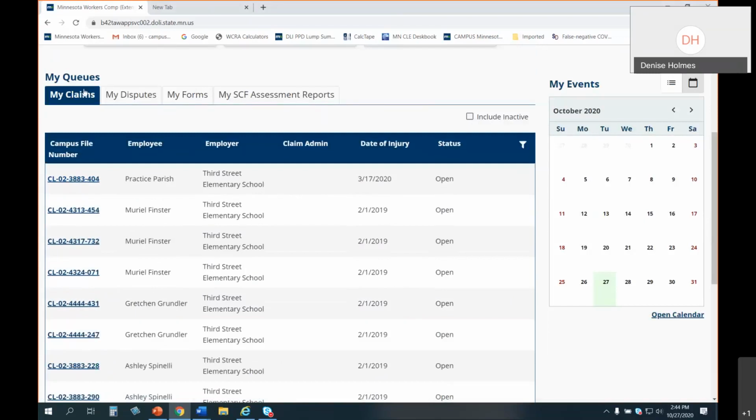In this My Queues section, you'll see the My Claims tab. And that tells you the Campus file number, the employee's name, the employer, the date of injury, and the current status of the claim, which is open. I'd also point out that if you need to see an inactive claim that's not showing up here, you'd want to click in this Include Inactive box, and it would load inactive claims as well, in addition to these 13 active. If you have quite a long list,